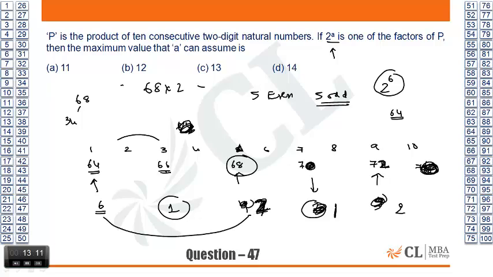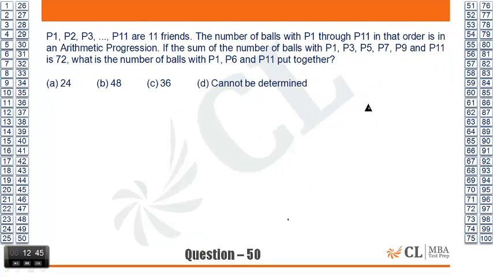Should I do this again? 72 has got 2 powers of 2, 70 has got 1 power of 2, 68 has got 2 powers of 2, 66 has got 1 power of 2, and 64 has got 6 powers of 2. 8. Yeah, 72 has got 8, no? Yeah, leave it. Well, we reached the end.